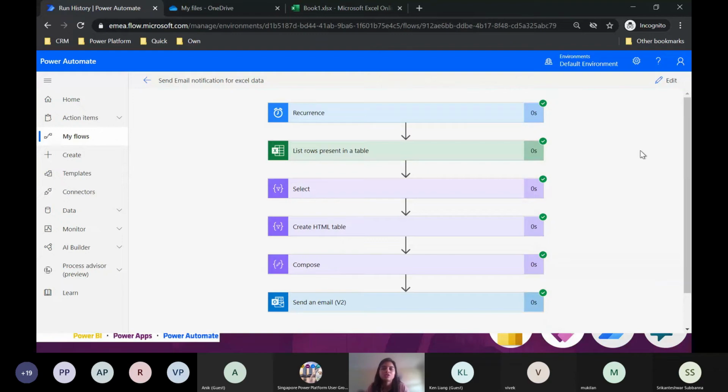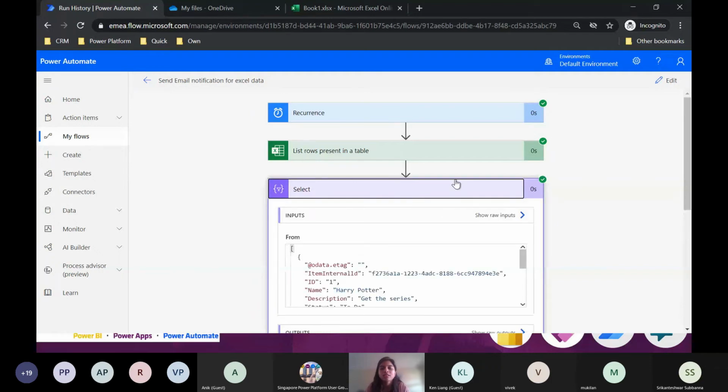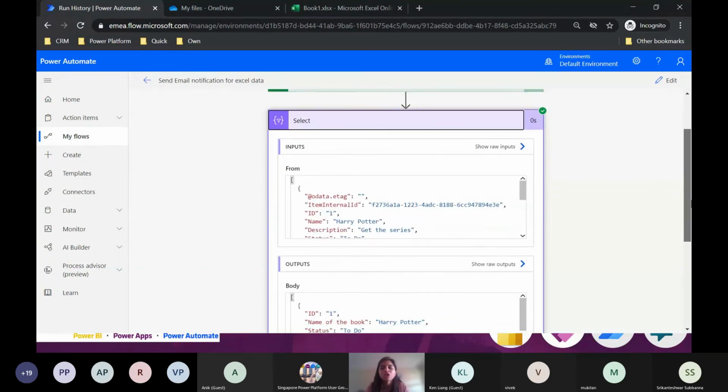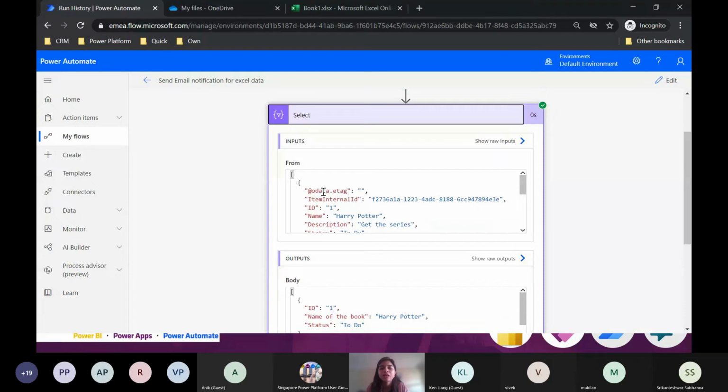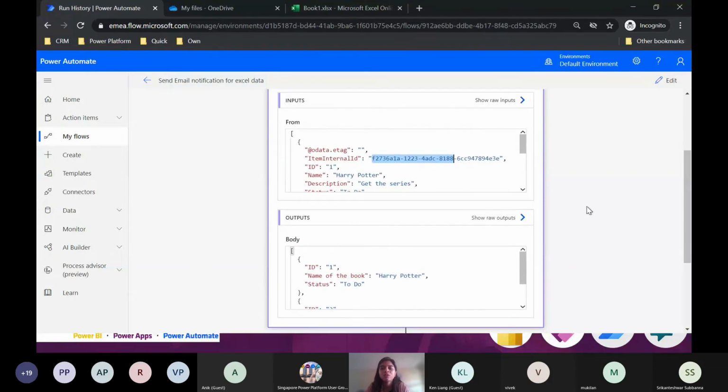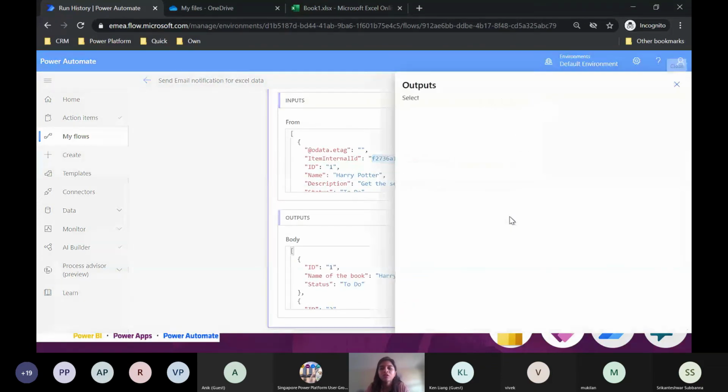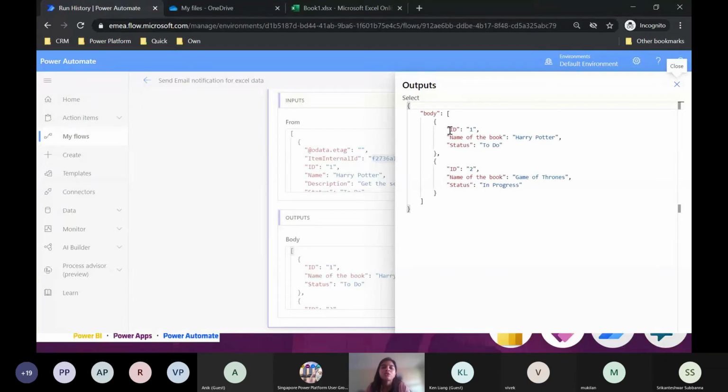Before I move to show you how the email has come, I want to quickly show you this thing. If I click on select, you will see the input had the OData E tag and the internal ID, the GUID. And now if I move a little below and on the outputs, if I click on raw output, you will see that I have only got those columns that I needed in my table.